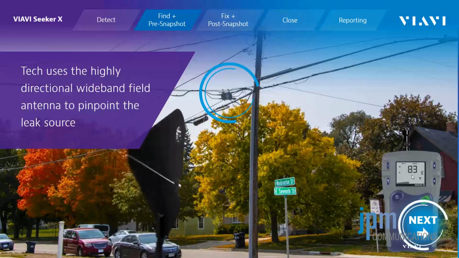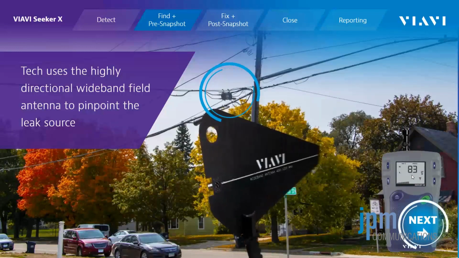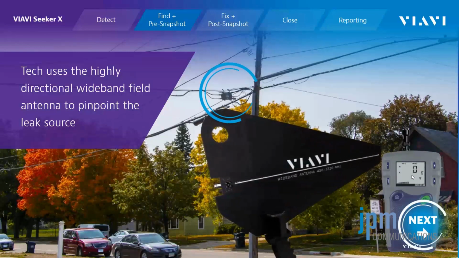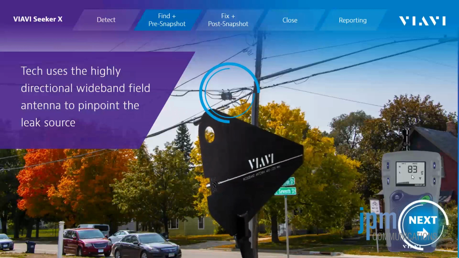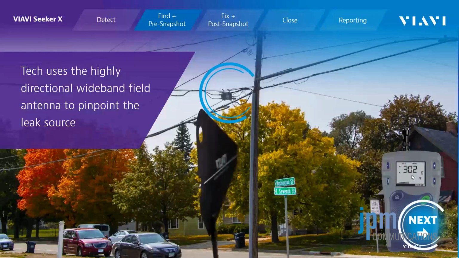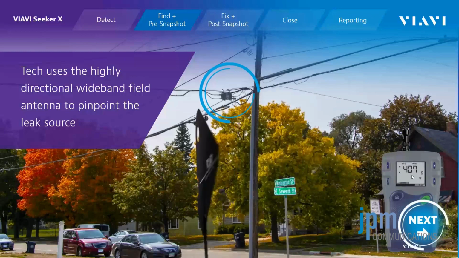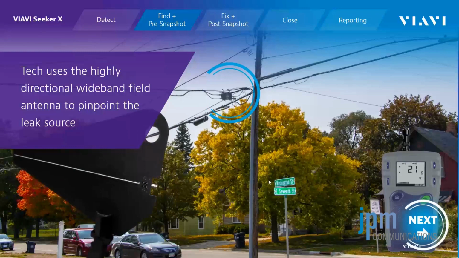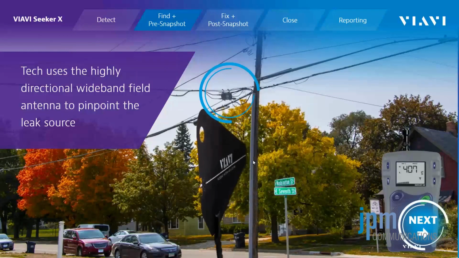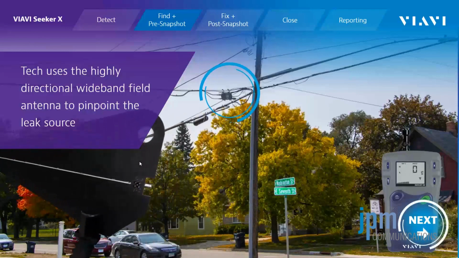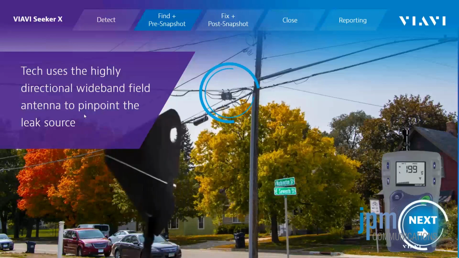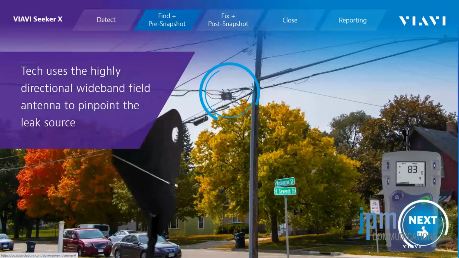So with this, rather than what you have to do with a competitive system that may have a rubber duck or a loop antenna, with those, they're not very directional. You have to walk around and play the warmer, colder game. As you walk towards the leak, it gets stronger. As you walk away, it gets weaker. This, you can stand in one place, you can wave the antenna around, and you can point it exactly where the leak is. You know exactly where to go. So this is where we're far superior to our competitors in the directionality and the sensitivity of our antenna and meter combination. So at this point, they will pinpoint the leak source with the antenna,